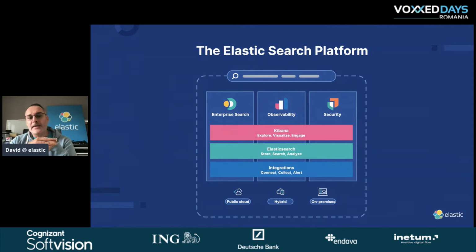The stack is made of several projects like Elasticsearch, which is the core of the stack, where you send a JSON document and you can search for those JSON documents, whatever the volume is. It can be terabytes of data, petabytes of data, whatever. It scales out, etc. On top of that, we have a UI named Kibana, and Kibana is super helpful to explore and visualize your data, and also build some applications that can run within Kibana.